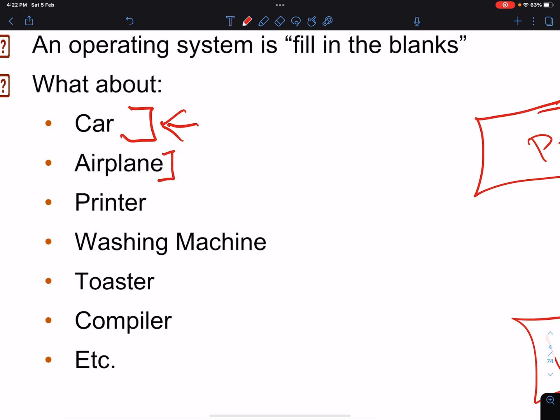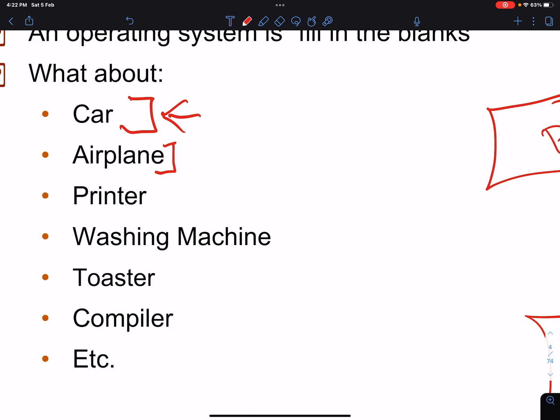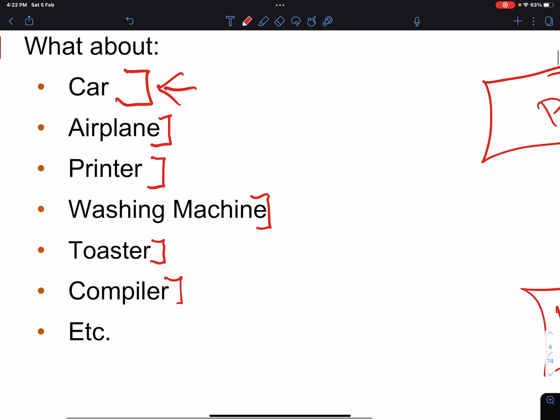Airplane, it has its own operating systems. Printer, washing machine, toaster, compilers, monitoring systems, whatever you can think of as hardware that does certain tasks, those systems are being controlled by operating systems.